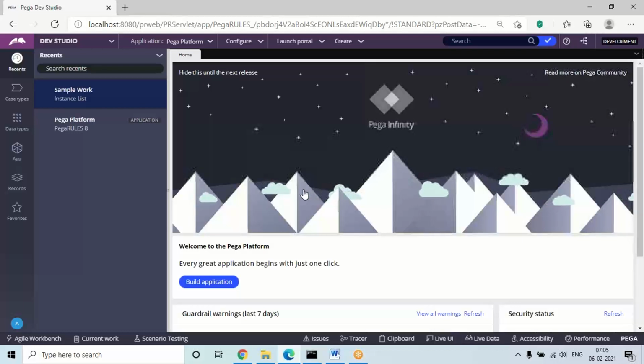So once we log into the platform, this entire thing is a portal. What we can see is what we can call the Pega platform, PRPC platform. Okay, we can also call it a developer studio, a developer portal, and we can also call it Pega Infinity. So if I use any of these terms, all are the same. In this platform, everything is integrated, everything is inbuilt. We are going to use it as a developer. This is the platform which we are going to use to design and deploy applications.